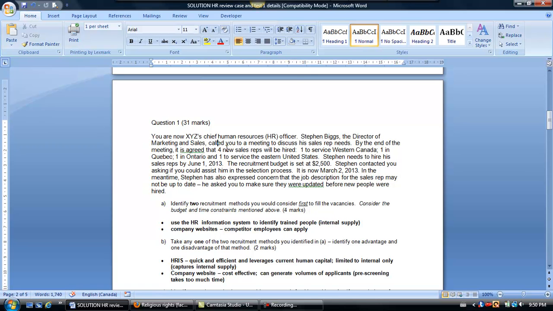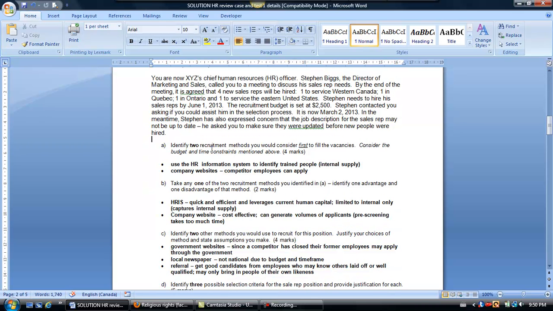The recruitment budget is set at $2,500. Stephen contacted you asking if you could assist him in the selection process. It's now March the 2nd, 2013, and in the meantime, Stephen also expressed concern that the job description for the sales rep may not be up to date, and he wants to make sure that it is updated before new people are hired. So your question is, what are 2 recruitment methods that you would consider first to fill the